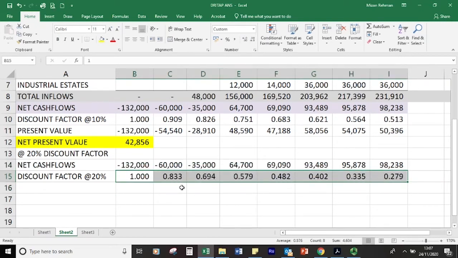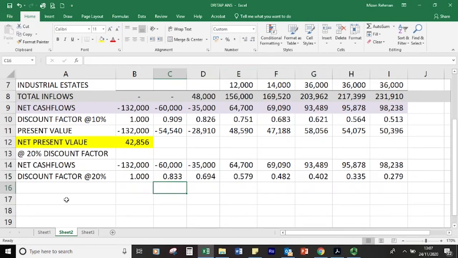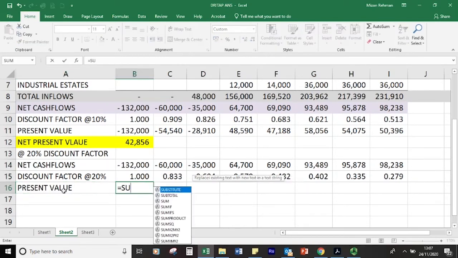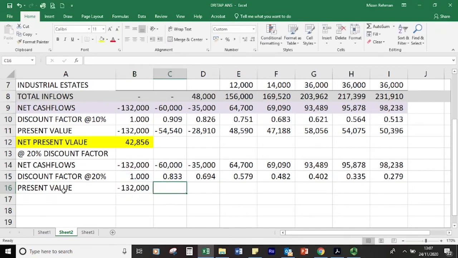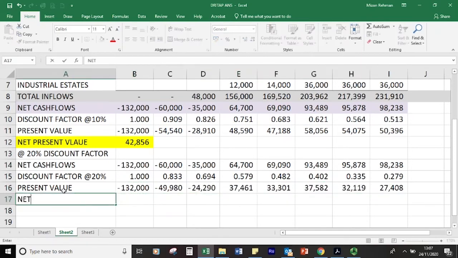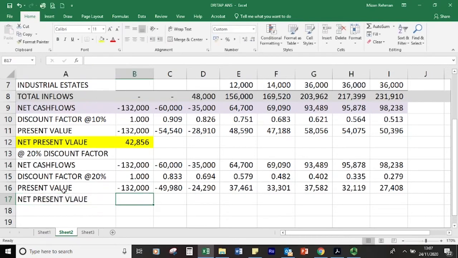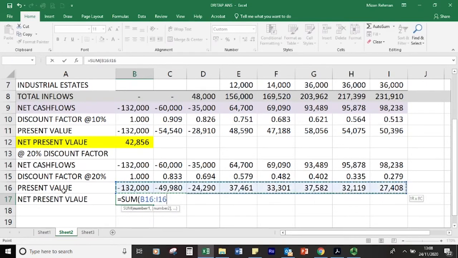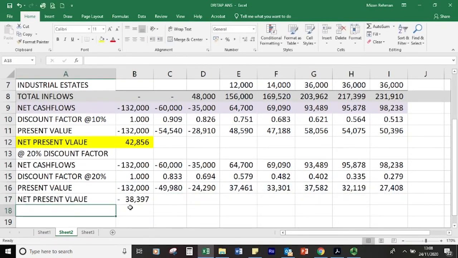We multiply this with the discount factor, present value, and all we have to do is sum up. No, not yet. First of all, we have to multiply our cash flows with the discount factors. So we did that. Let's Control C and paste. And now we get net present value, which is sum up all the present values, positive negatives together, and we get a negative